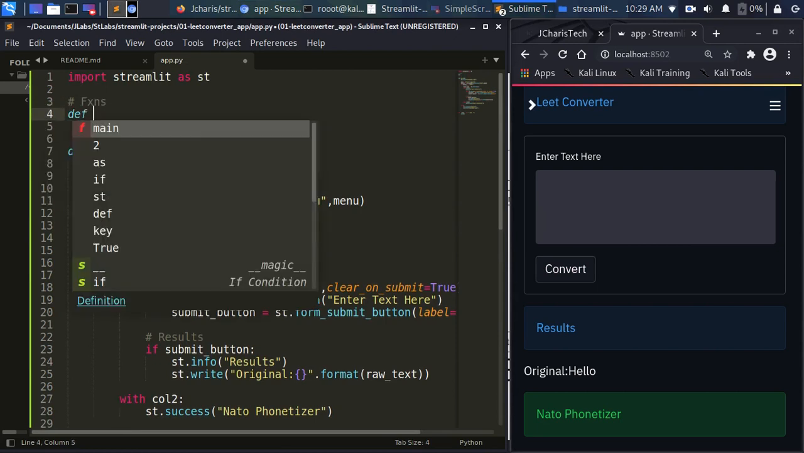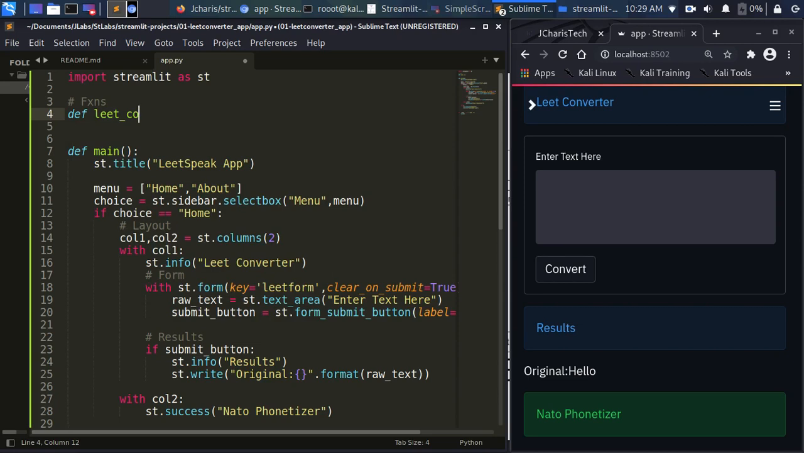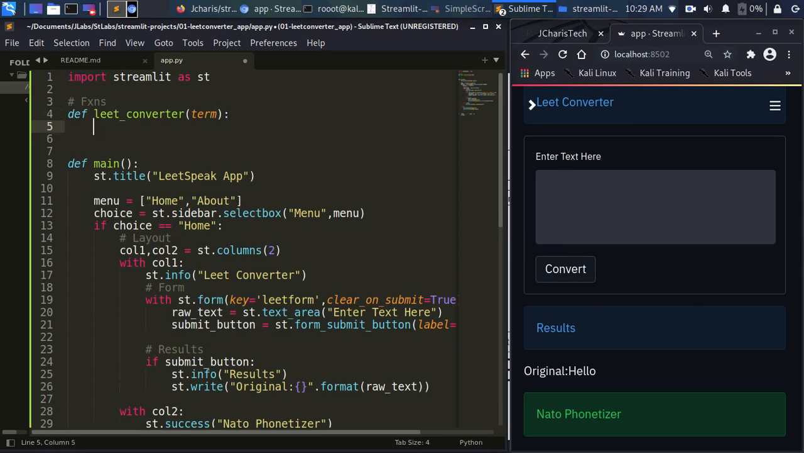Right, so let's create a simple function called LeetConverter. This is going to take in our term. Perfect. So when it takes in a term, it must do some things to it. So Leet, let's Google what Leet is. So let's go to Leet